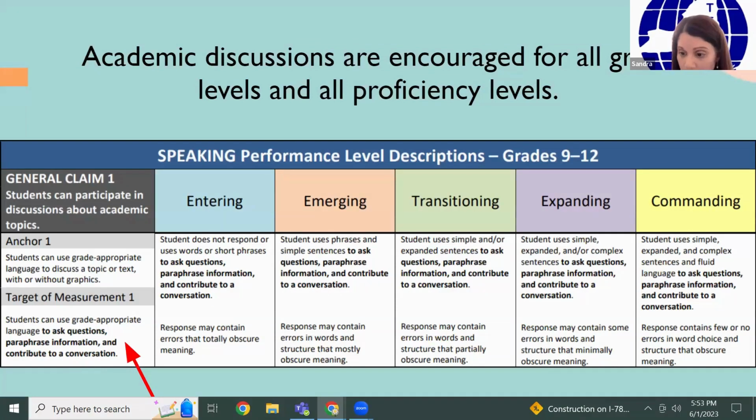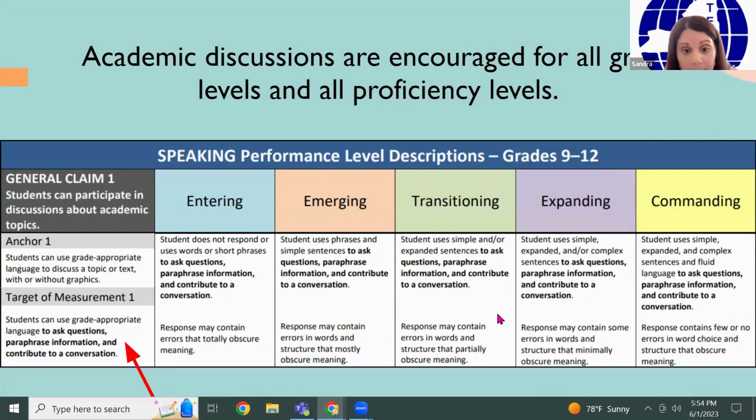The speaking performance descriptors are used by teachers to support students with the necessary scaffolds in order to meet the linguistic demands of each proficiency level, going from entering to emerging, transitioning, expanding, and commanding. For example, there's a general claim across all the level descriptions that students can participate in discussions about academic topics. If we look at the transitioning side of that continuum, that midpoint,